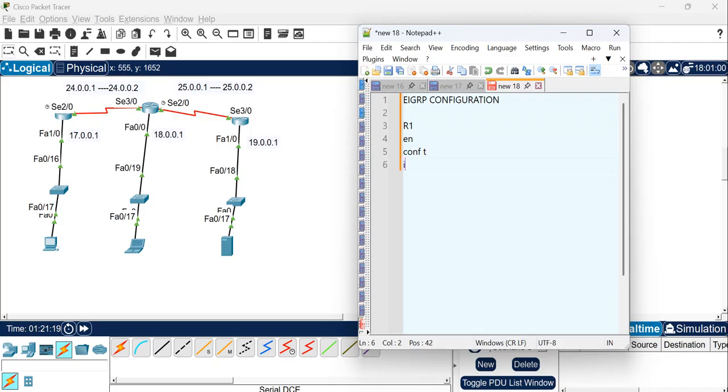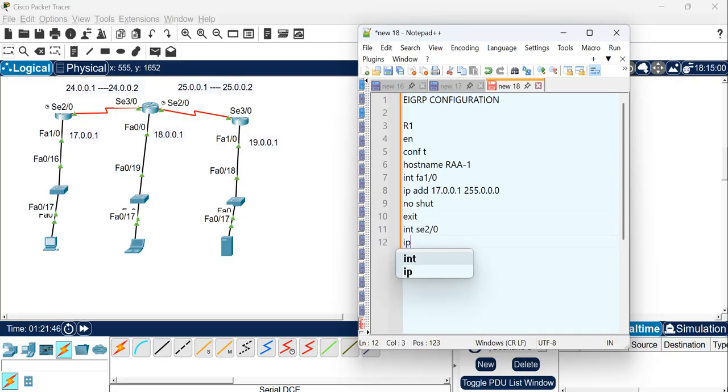Enable, configure terminal. I'm going to use a host name as RAA-1. Then interface FA 1/0, IP address is going to be 17.0.0.1, 255.0.0.0. No shut, exit. Interface Se 2/0, IP address is going to be 24.0.0.1, 255.0.0.0. No shut,